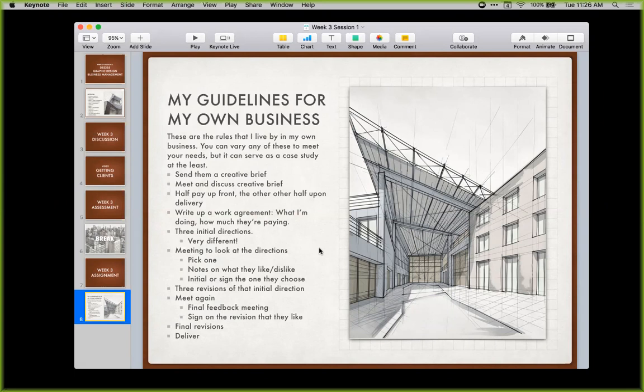Okay, so these are, like I wrote here, the rules that I live by in my own business. You can vary any of these to meet your needs. These are not hard and fast rules. It's whatever works best for your business. But these are the ones that work for mine, so I can serve as a case study at the very least. Okay? So when a client first comes and talks to me,